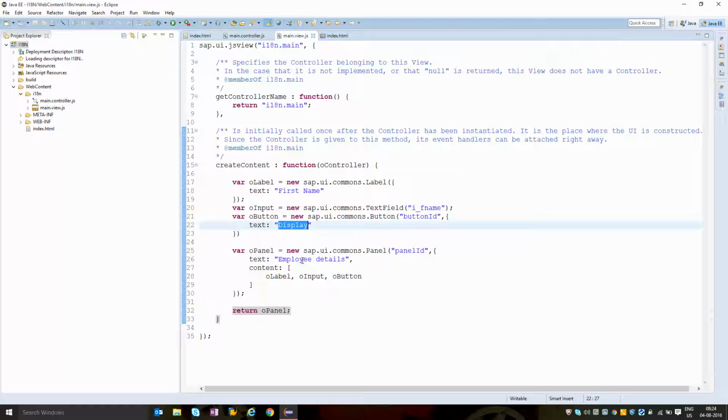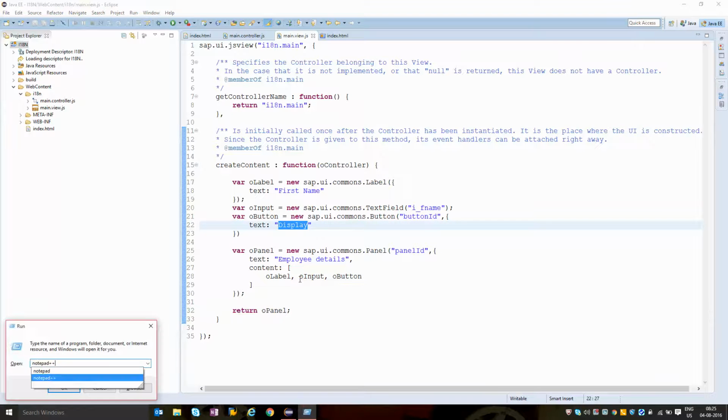So ideally, what we used to do is store the text in different languages in a file with an extension .properties. This file will hold your text in your application. You have to give a generic name for the file. For example, let's say I name the file message bundle.properties. This will be the file name in which you will be storing the text.